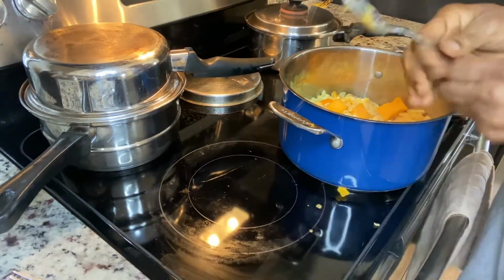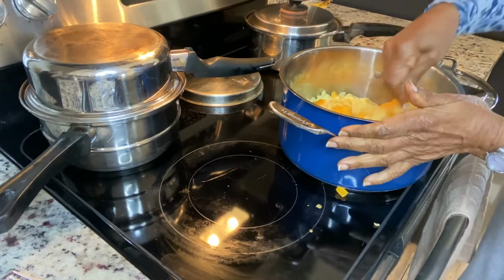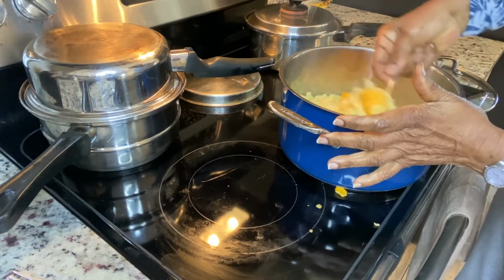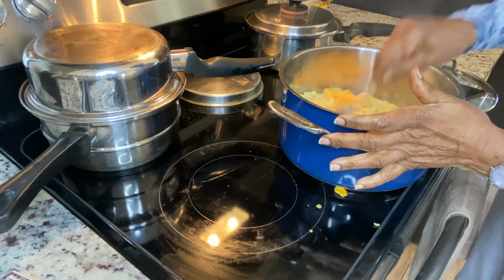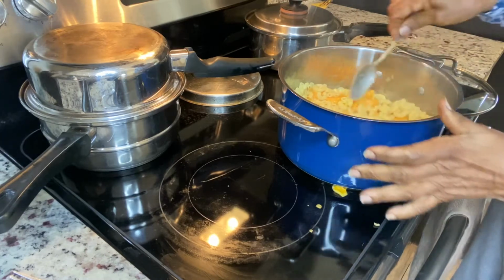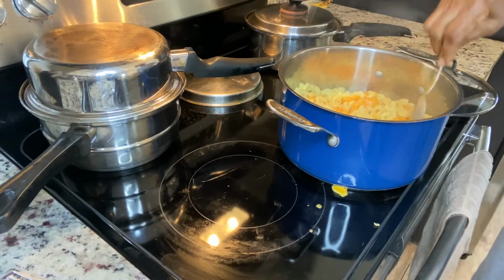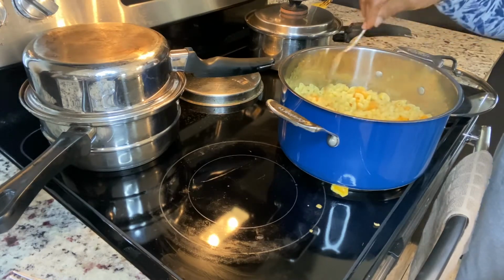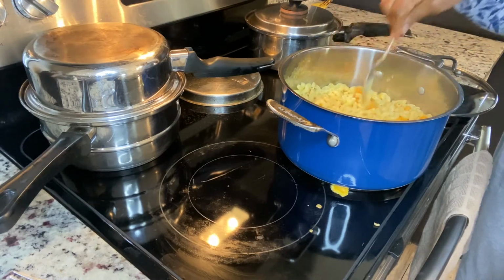So you heard Grandma, the cheese is what makes it real good. As you can see, she had to step in and make sure I was doing it correctly and making sure that cheese was getting melted and getting spread throughout the pasta. I did add some of the water from the pasta in with this,